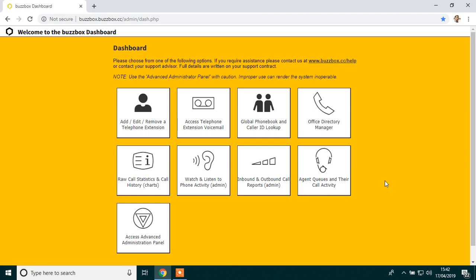I'll show you how to create an IVR menu. For example, when someone calls your office and they press 1 for sales, 2 for support, 3 for accounts, 4 for reception, etc, etc. So go to your web browser on your laptop or your computer, go to the very